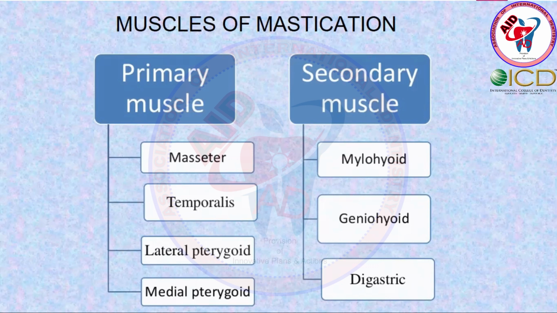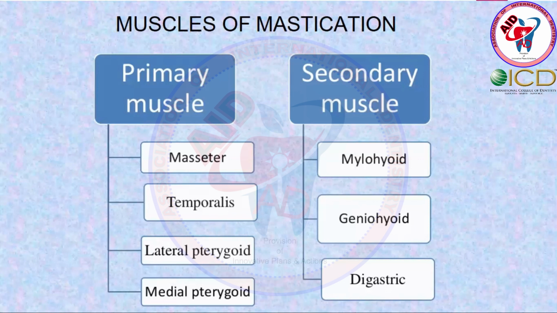The primary muscles are innervated by the trigeminal nerve, that is the motor nerve, and according to the nerve, these muscles are supplied. This is called Hilton's rule: all those joints which are supplied by the same nerve, their muscles are also supplied by the same nerve. This is the definite rule of anatomy. While in the case of secondary muscles, they have a different muscle supply, as well as different movements.